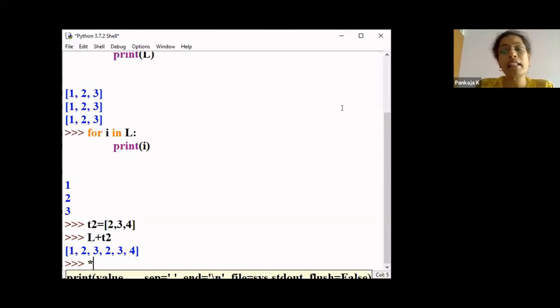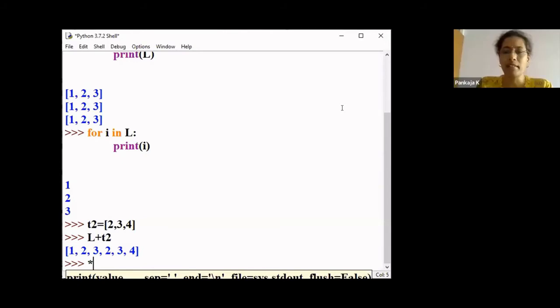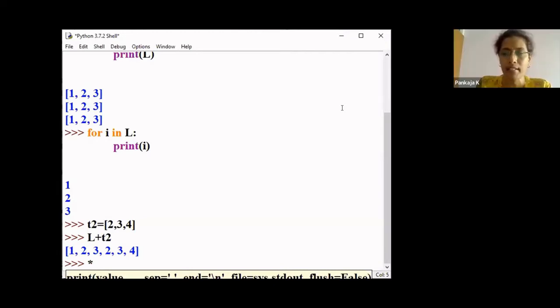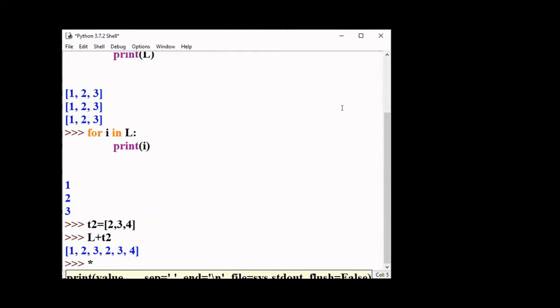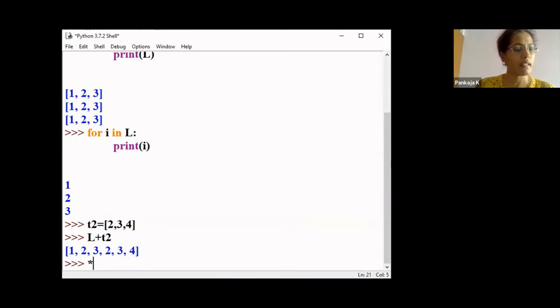Now pop will also return, which is the important thing, the deleted element. If we want the deleted element to be seen, as well as the updated list, both can be seen through pop. Suppose we do not want the deleted element to be seen, then we go for which option? Delete option. Delete.